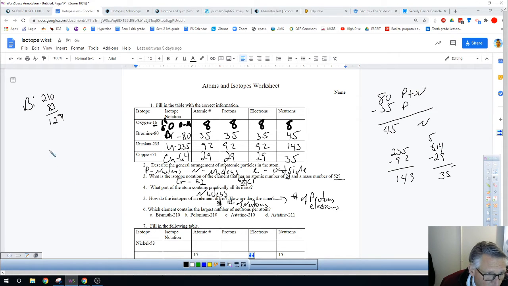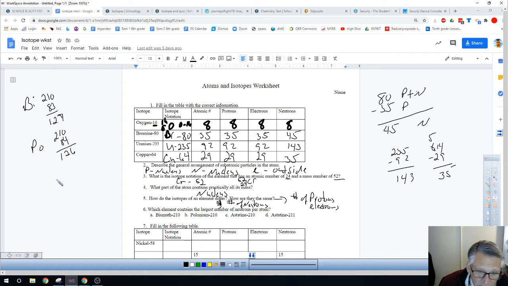And next is polonium. Polonium is 84, so if polonium is 210 and it has 84 protons, that will give us